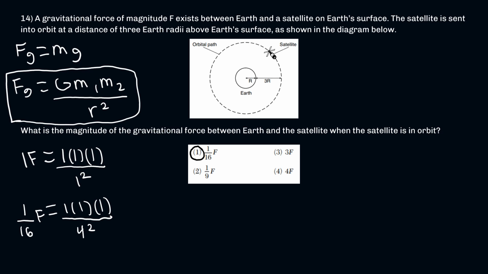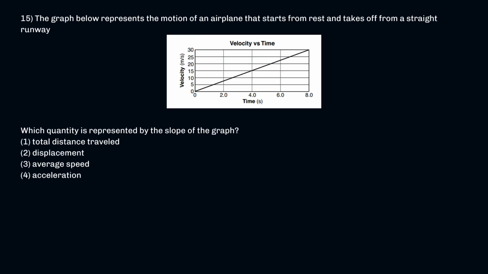So let's move on to our next example. As example number 15, the graph below represents the motion of an airplane that starts from rest and takes off from a straight runway. So this is a velocity versus time graph. It's asking me which quantity is represented by the slope of the graph. So that means, is it acceleration? Is it displacement? Is it average speed, or total distance